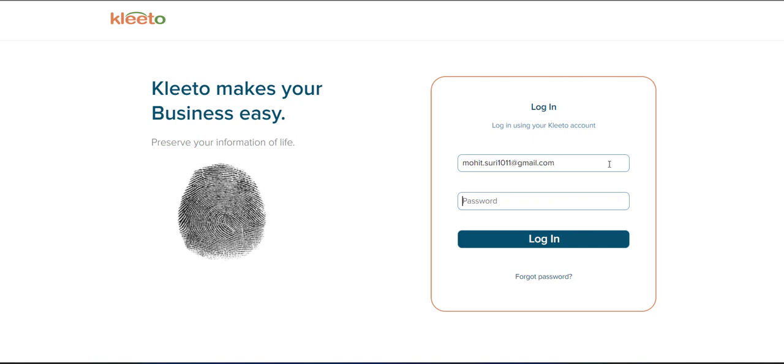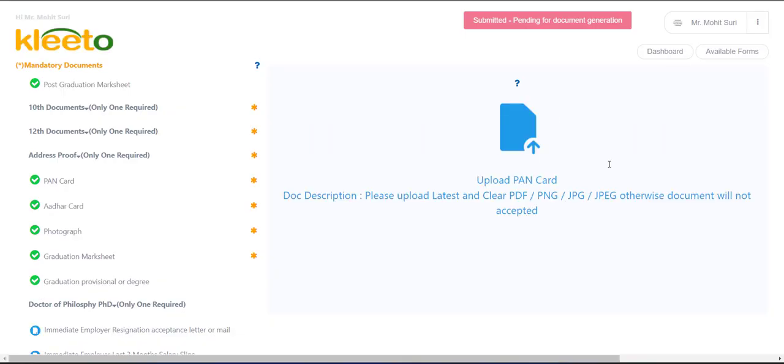So I'm now logging in as a candidate who has got an email from the recruiter with a link and a password to upload their documents. The candidate will now click on the link in his email, and he comes to this dashboard wherein he sees the list of documents on the left hand side. There are certain star marked documents, which means these are mandatory documents for the candidate to upload, without which the profile will not be created.